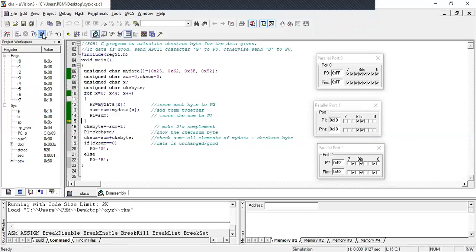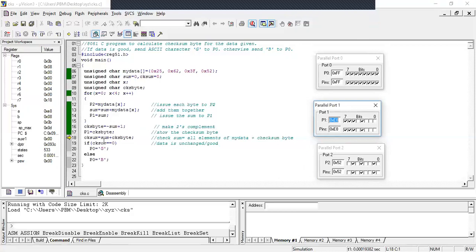So at the end, when you come out of the loop, this is the sum value. It is 0 cross 18. Actually, you will get the 118H value. By dropping the carry of 1, you will get 18 as the sum value, because it's 8-bit data. Now you have to find the checksum byte. Here also, you drop the carry of 1 and take the 2's complement of the sum. If you take the 2's complement of the sum, you get the value E8H. This is the checksum byte value. Now the same is moved to P1. So in P1 you get the checksum byte.